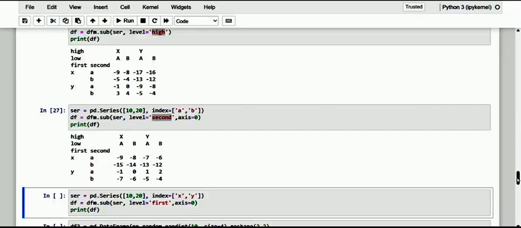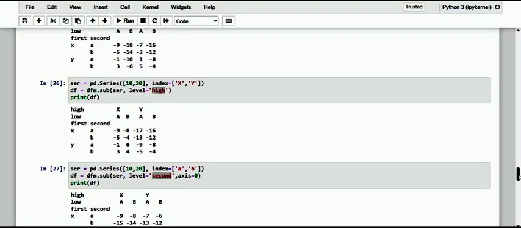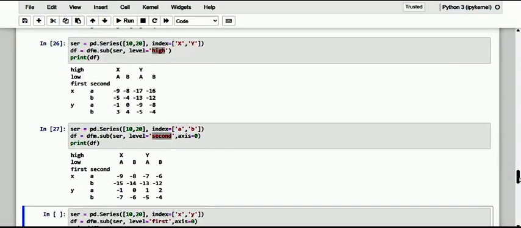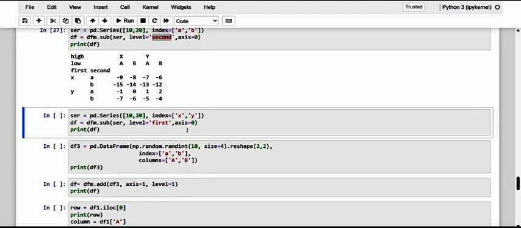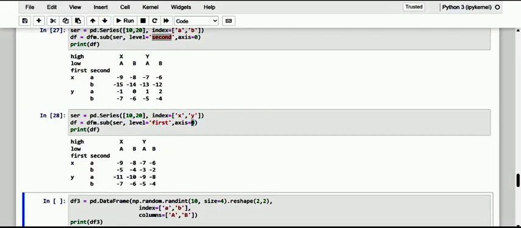When we do this, rather than working on the columns, here we are working on the indices, that is row-wise. Now you can act at the first level also with the same indexes, that is axis equal to 0. So see how this multi-indexing is working.